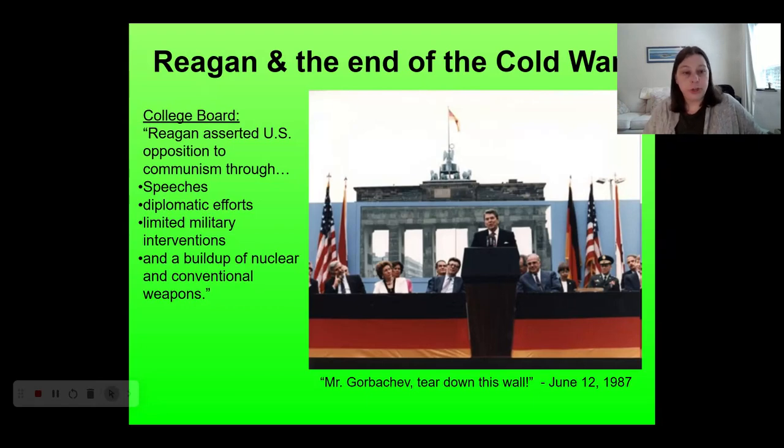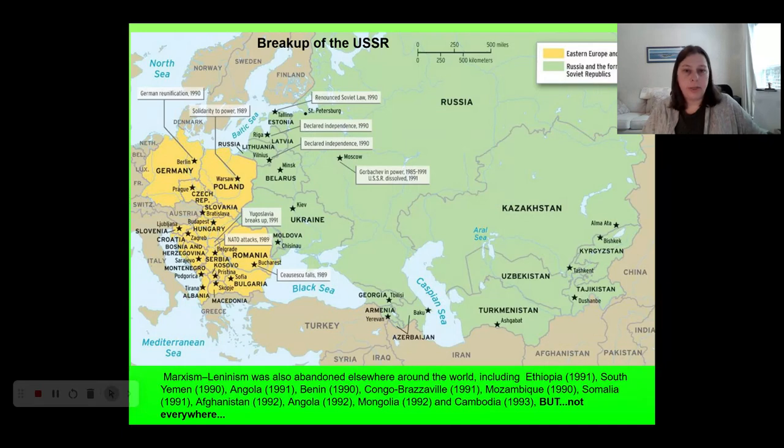The Soviets' invasion of Afghanistan and occupation of that country for about 10 years are going to have the same impact on the Soviet Union that the United States' invasion and occupation of Vietnam have on the United States, which is to say that it sort of drains the economy. It's very unpopular at home. It's this kind of long drawn out conflict that they can't get out of. And so the Soviet Union is in some trouble by the time that Reagan takes office, and Reagan's policies kind of put extensive pressure on them.